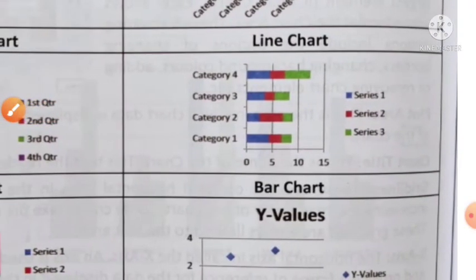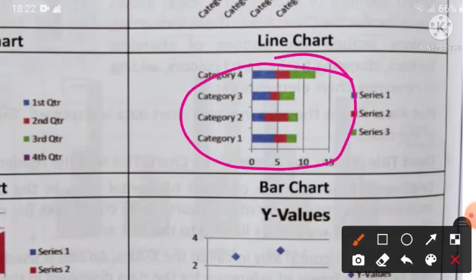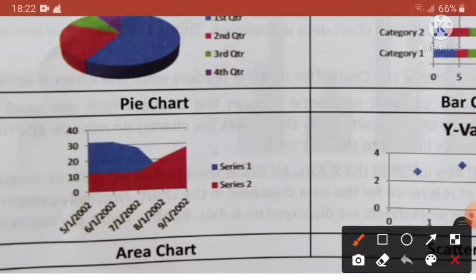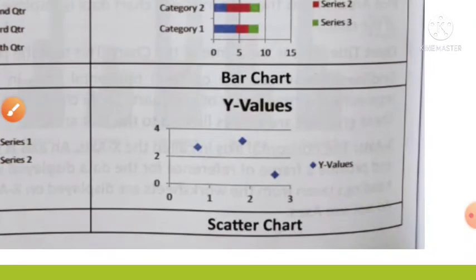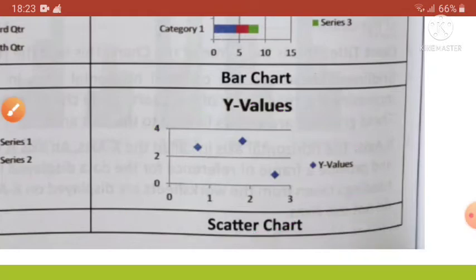Next one is the bar chart. These are the best charts for comparing multiple values, as you see here. Next one is area charts. These are used for emphasizing the difference between several sets of data over a period of time. Next one is the scatter chart. These are used for comparing two sets of values. These are typically used when the values being charted are not in x-axis order, or when they are in separate measurements.